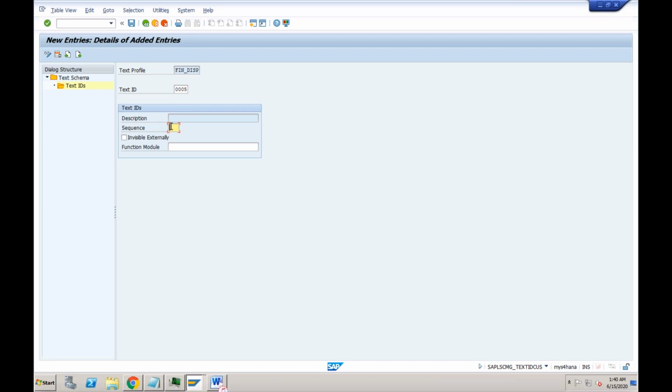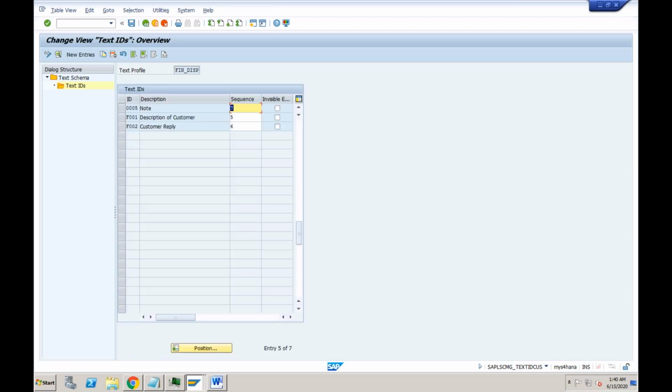Let me write the sequence as 7. This description I think is coming automatically. Let's try to save it. And now you can see there is a 7th position